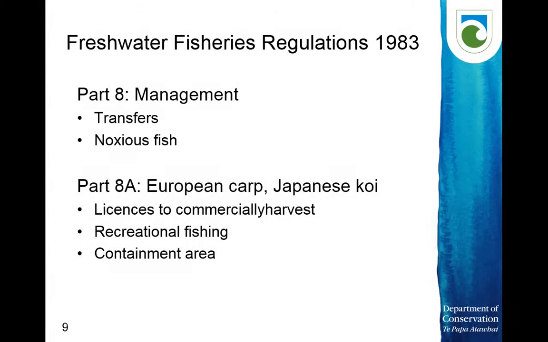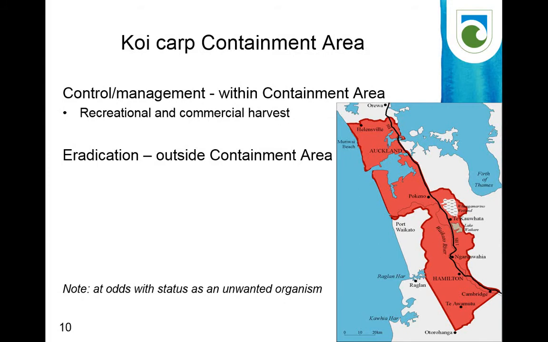We have a whole part on the management of koi carp. The Freshwater Fisheries Regulations were pre-Biosecurity Act, and so there was a decision made to try and manage the koi carp populations by commercially harvesting within a containment area, but it also allows for recreational fishing. The containment area goes from just north of Auckland to just south of Hamilton. Within the containment area, it's okay to harvest recreationally and commercially,